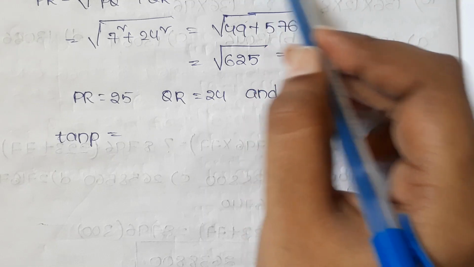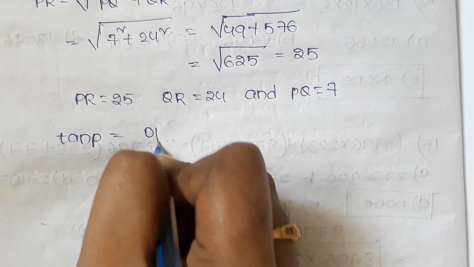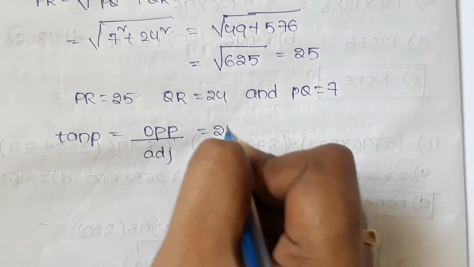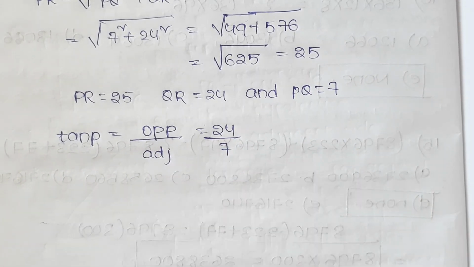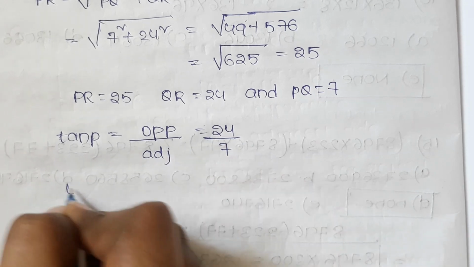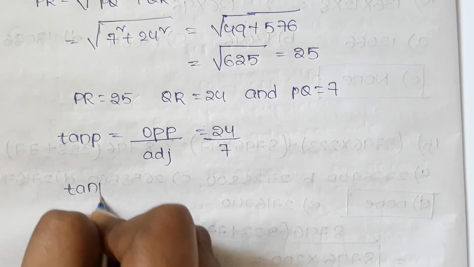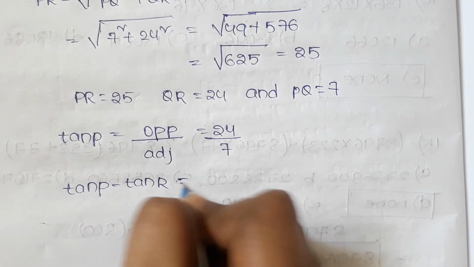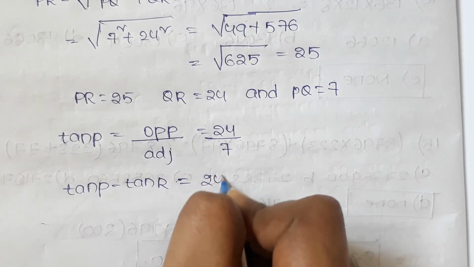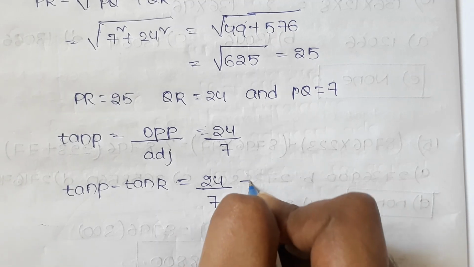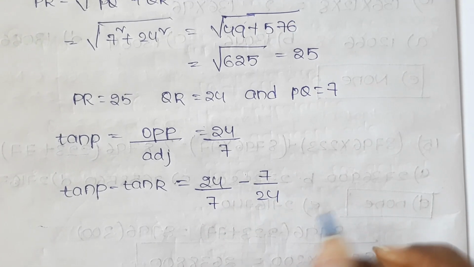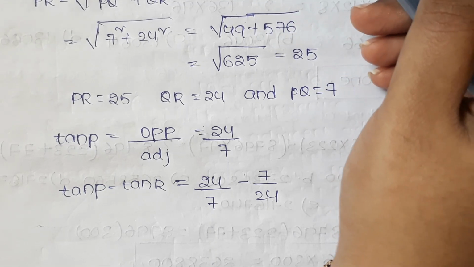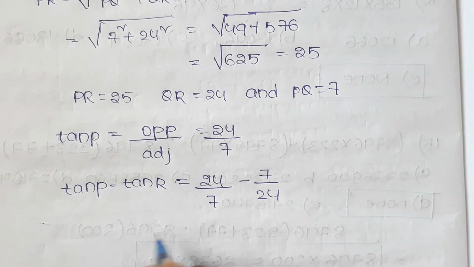P by adjacent side, that is 24/7. And now tan P minus tan R is nothing but 24/7 minus 7/24. Tan R is nothing but 7/24. And from this